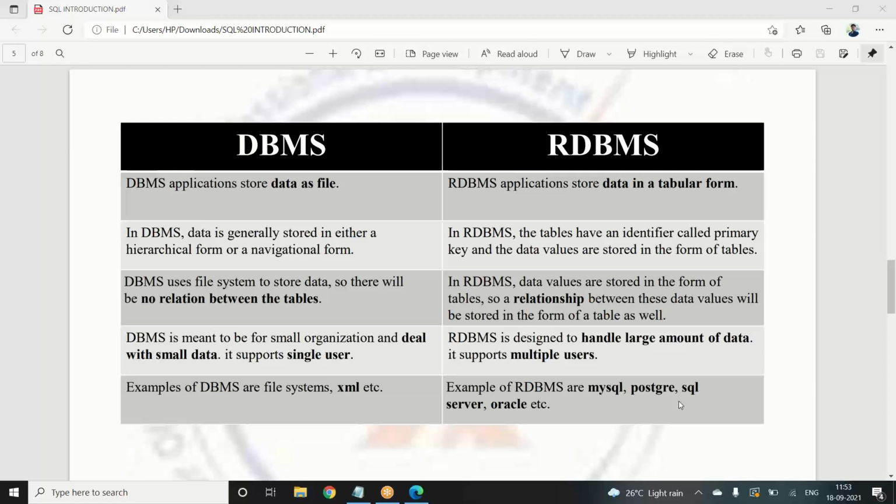In that software, you write the SQL code in order to delete, update or create whatever is present in the databases. So SQL is a language with which we can call out the data present in the database, and we can change it. That is the main difference between a normal DBMS and an RDBMS.